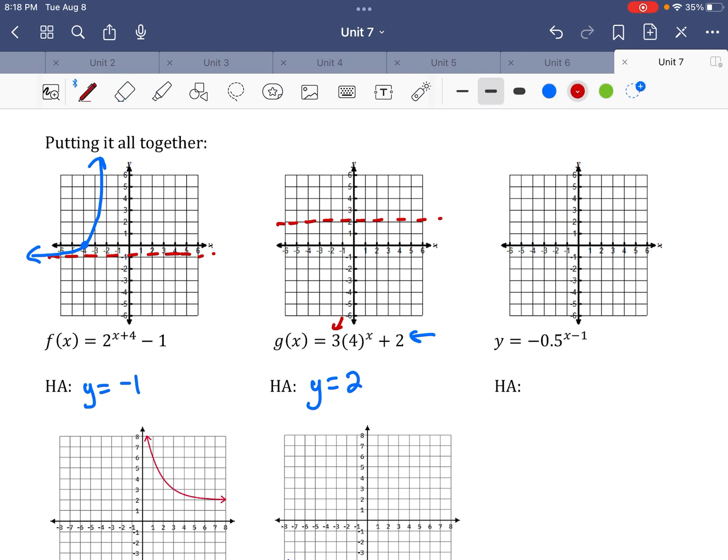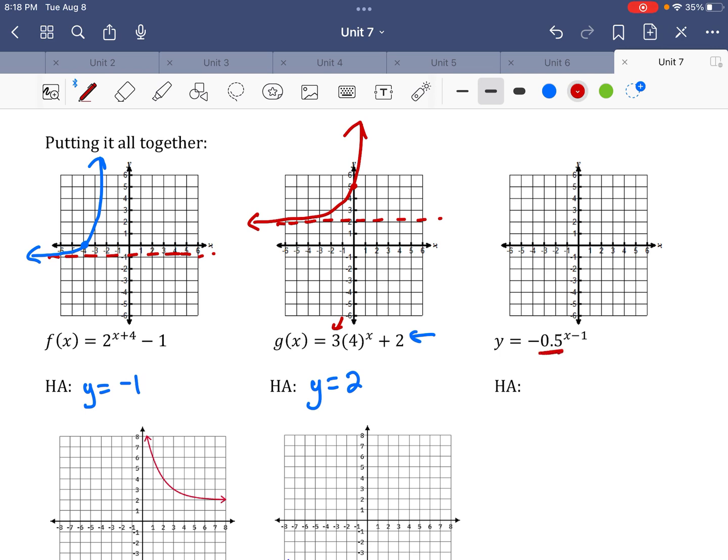All right, so if I plug 0 in, 4 to the 0 is 1. 1 times 3 is 3, and 3 plus 2 is 5. So there it goes there. So we know it's going to come across here and then eventually go up through there, because it was a growth. Okay, on this last problem here,